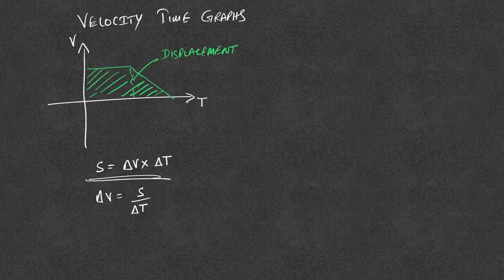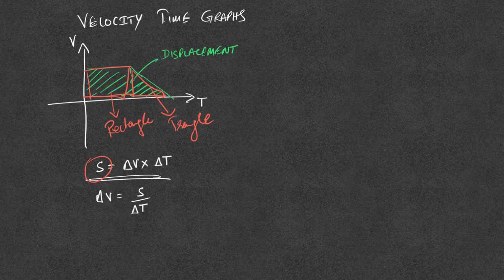And in this case, if you see, the area under the graph can be considered as a rectangular area plus the area of this triangle. Okay, so if you have to add the area of this rectangle plus the area of this triangle, that would give us the total displacement.